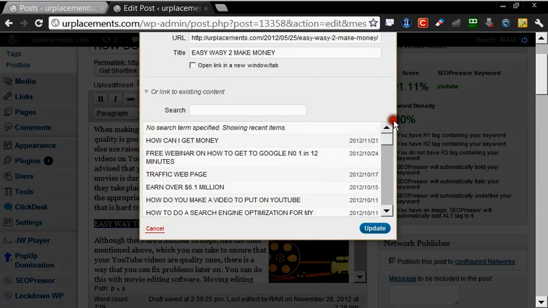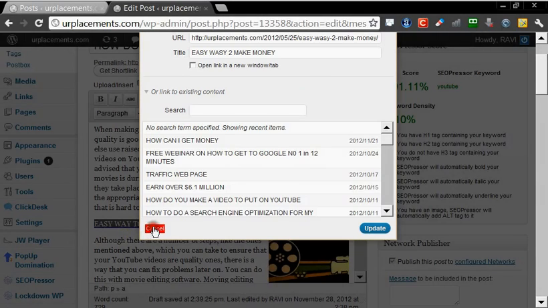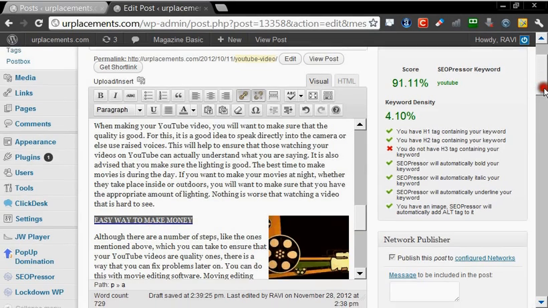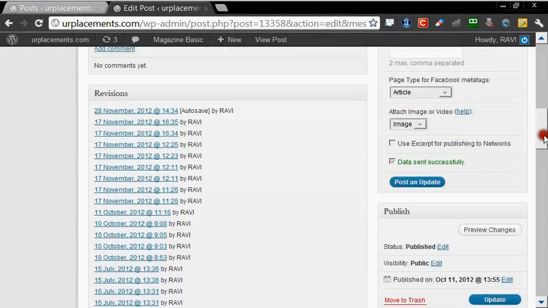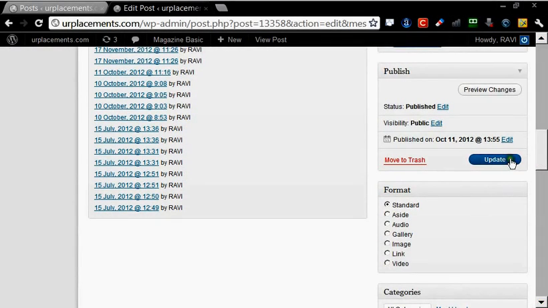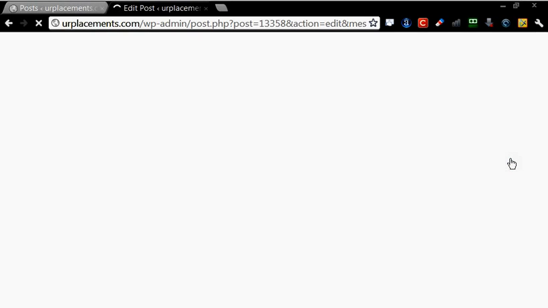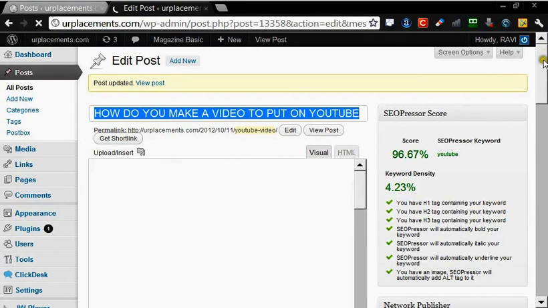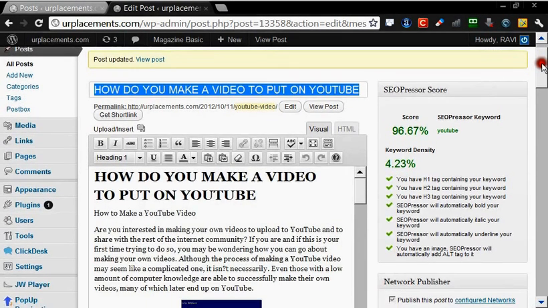Now you can also select whether to open the link in a new window or tab. It's up to you. Fine, because I've already done it, I'm not editing that part of it. So pretty simple. Now there are only three things you got to do. First, you got to define your keyword for the article, and then you got to create your three headings in between the article. The first sentence of the article should contain your keyword.